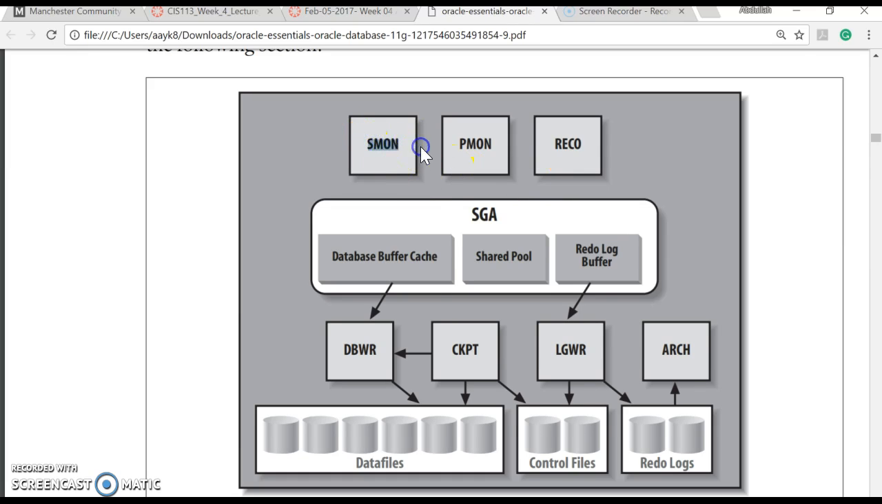This is the system monitor. What it does is it monitors the system, and in case it crashes, it performs the recovery and also schedules tasks. This is the process monitor, where it watches the processes, and in case any process is terminated or